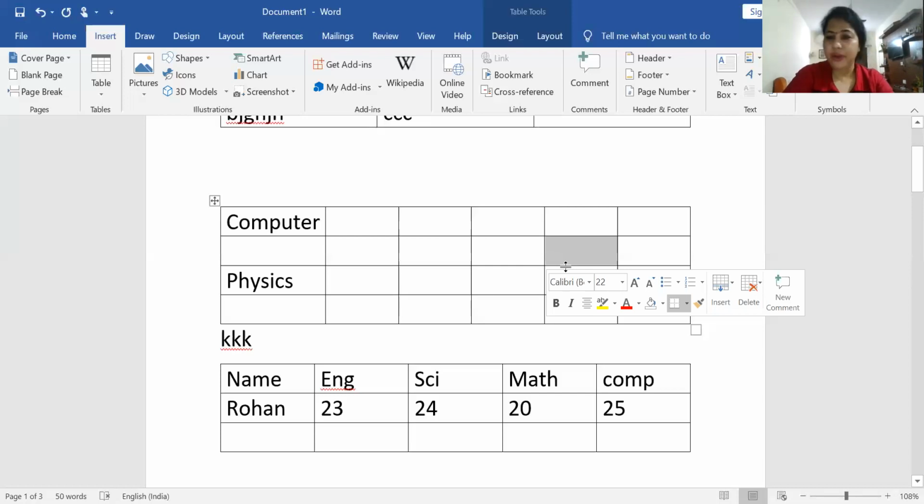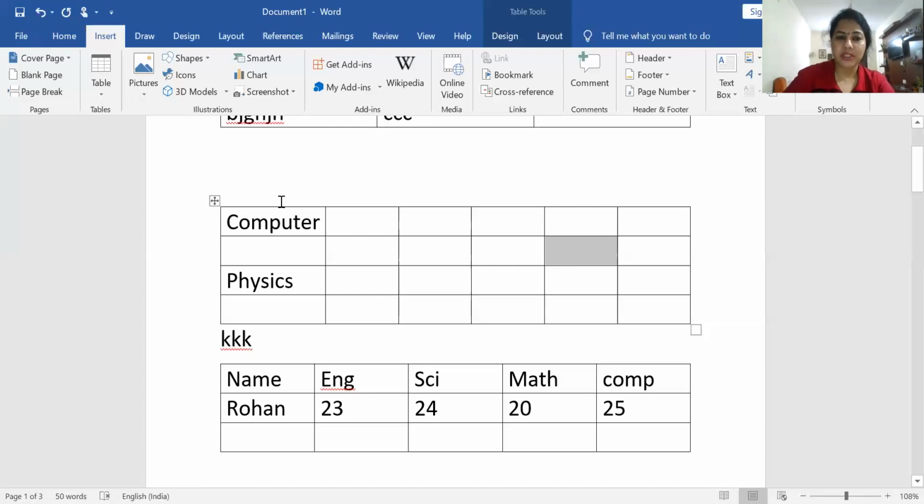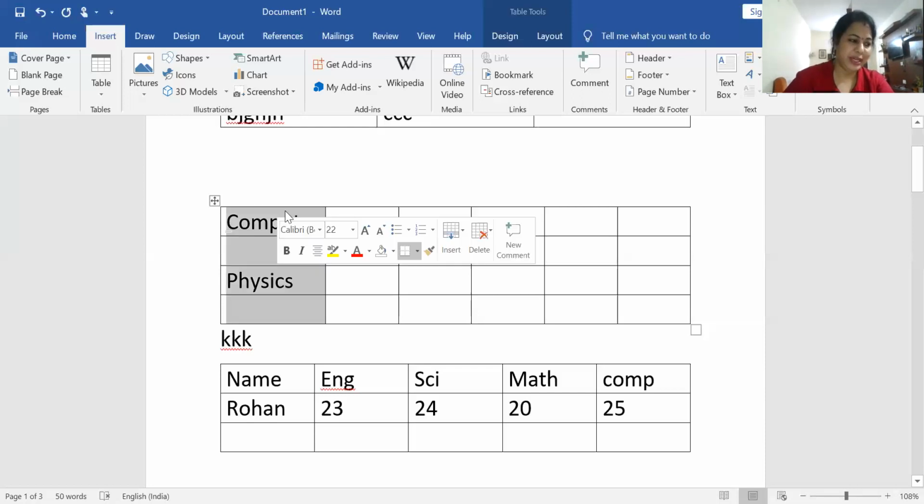Okay. So you have seen how to select a row and a particular cell. In the same way for a column, go to the top of the column, and if you see the black arrow mark, then click, and the whole column is selected. So how are you doing it? Move the mouse pointer to the top of the column, click the left mouse button, and then it will be selected. Always we click the left button, not the right button.